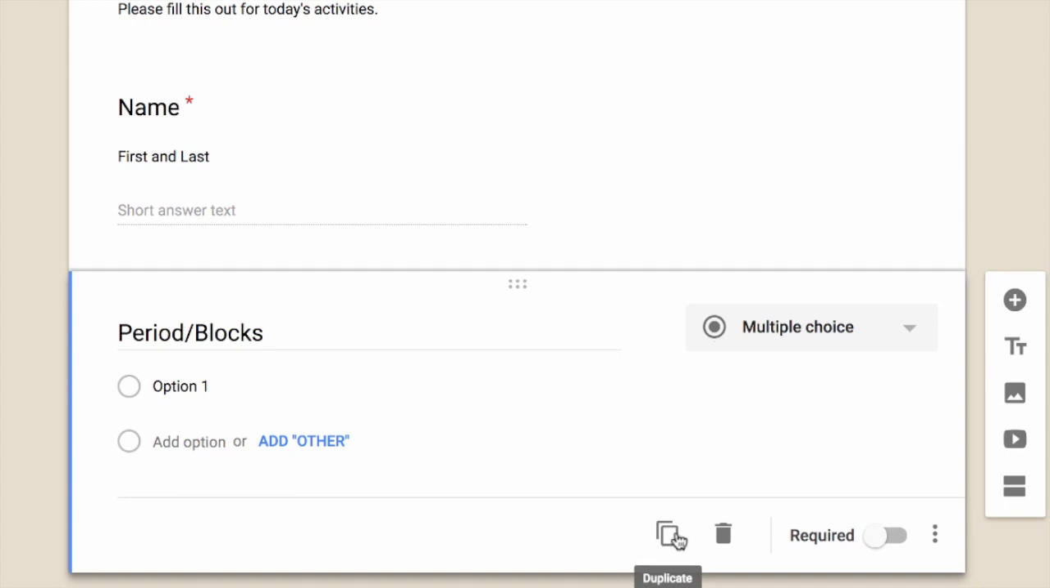Okay, so I think I've pretty much gone over the anatomy of a Google form, and